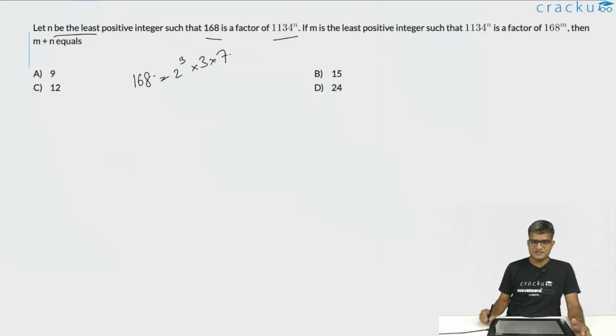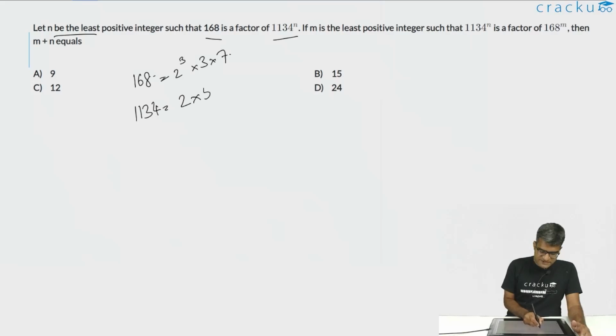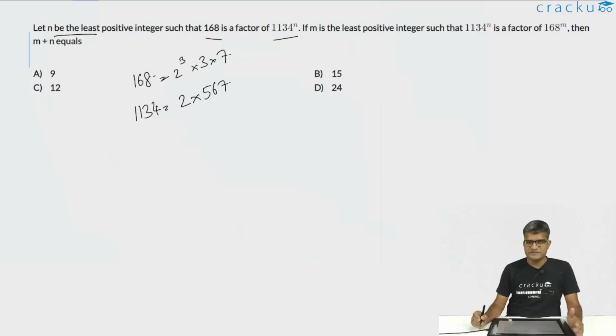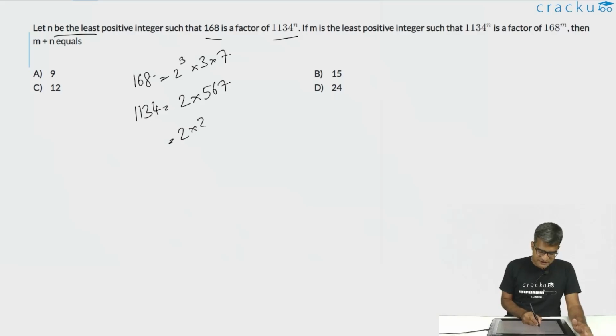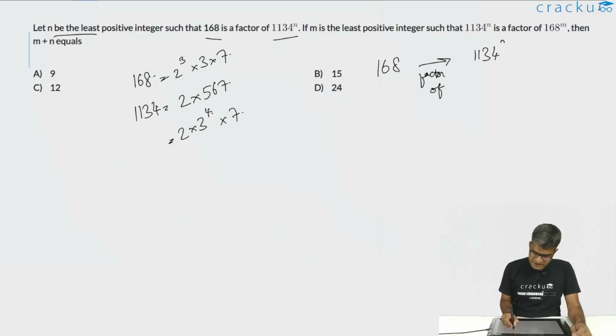What is the prime factorization of 1134? 1134 is equal to 2 into 567. What is 567? It is 7 into 81. So this is 2 into 3 to the power 4, which is 81 into 7. What we are told is that 168 is a factor of 1134 to the power n, or 2 cube into 3 into 7 is a factor of